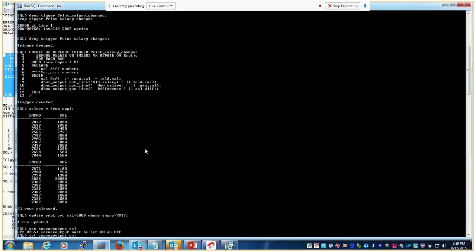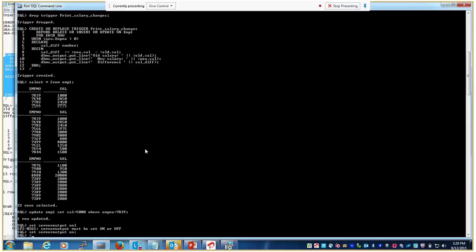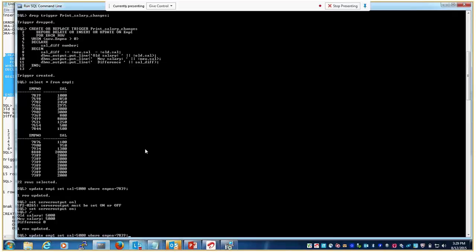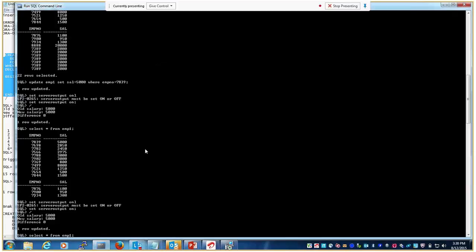Yeah, we can see here. Okay, the salary was already updated. The salary the first time I updated to 5000, that's why it took already 5000. The old salary is 5000 because the second time I executed, the salary was already updated to 5000. New salary 5000, so there is no difference.